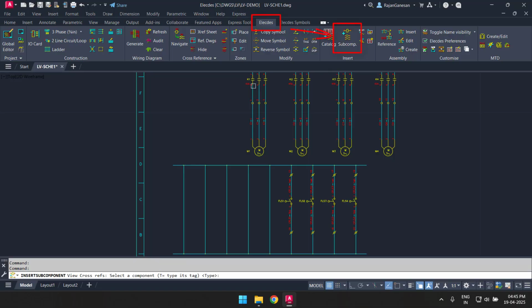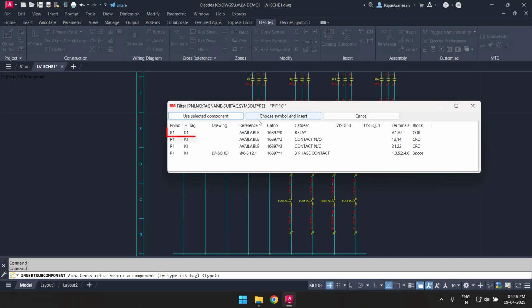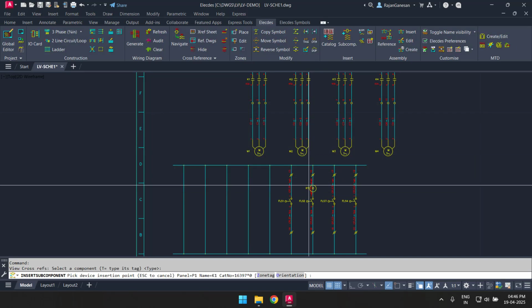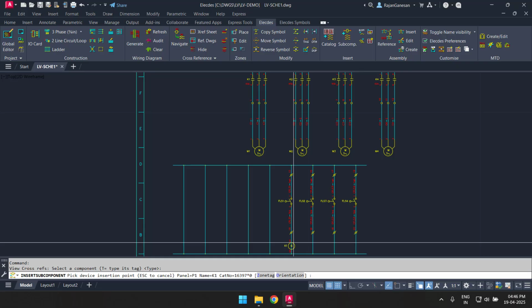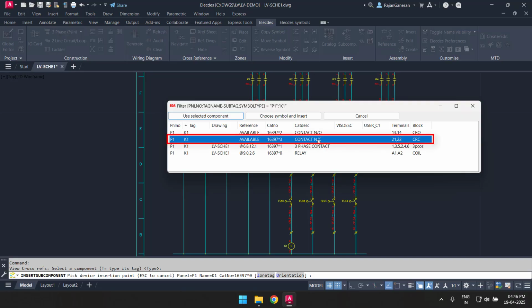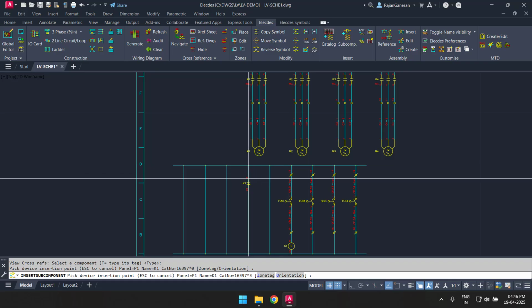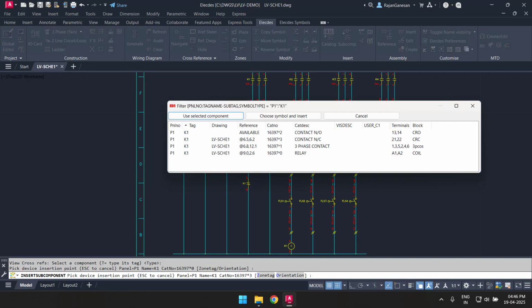Another method of symbol insertion is the inserting of subcomponents for devices in the project. In this example, I will insert a coil from our motor contactor K1. After I insert the relay's coil, the family list will be redisplayed, showing me the family members or subcomponents of that relay and their availability. I will also insert a normally closed contact on the fourth rung. I will repeat the insert process for the other three relays, inserting their coils and their normally closed contacts.